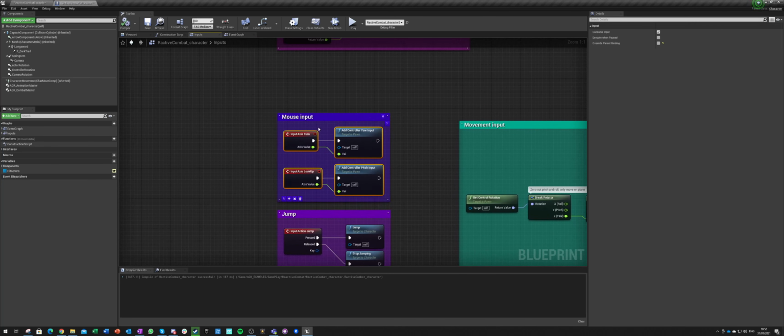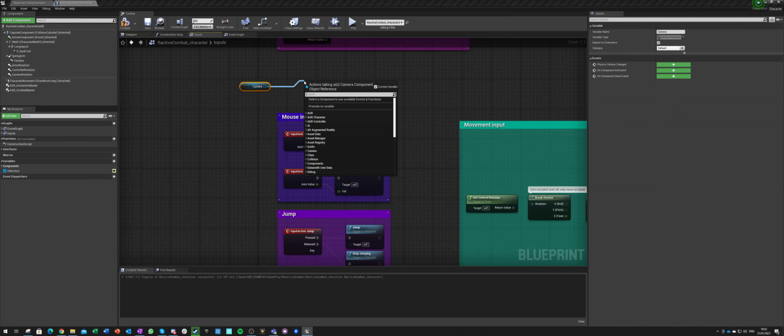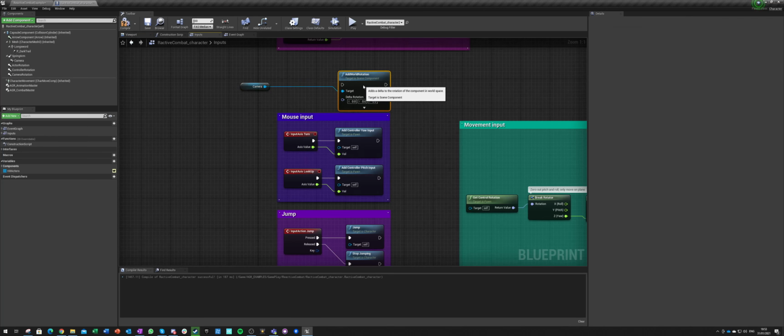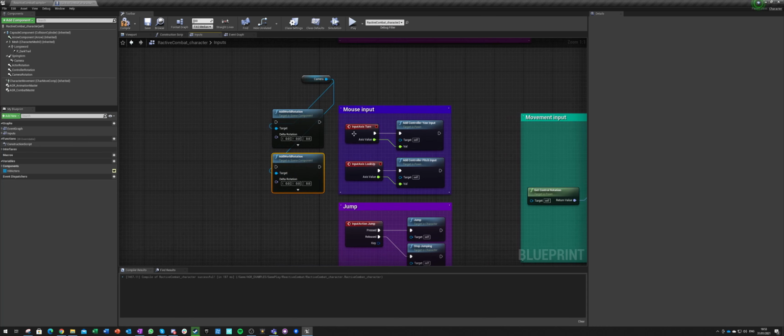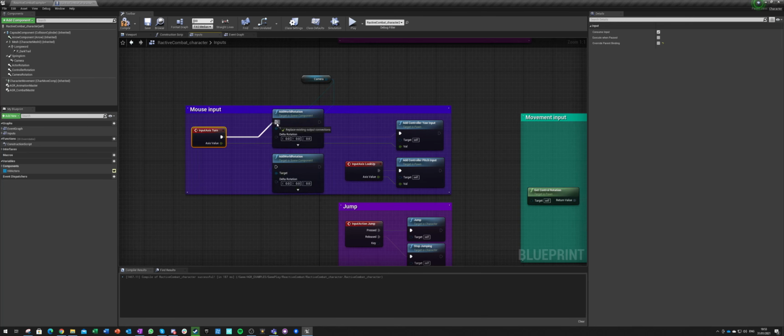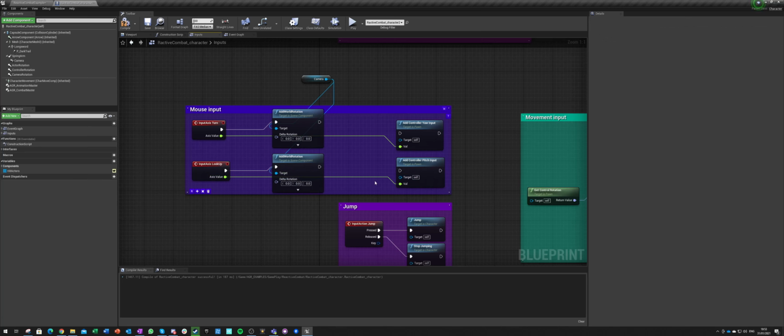Instead of that, what we're going to do is take the camera, add rotation, we'll add world rotation twice to this camera, and we're going to use this and this here instead of here, and we'll break those as well.